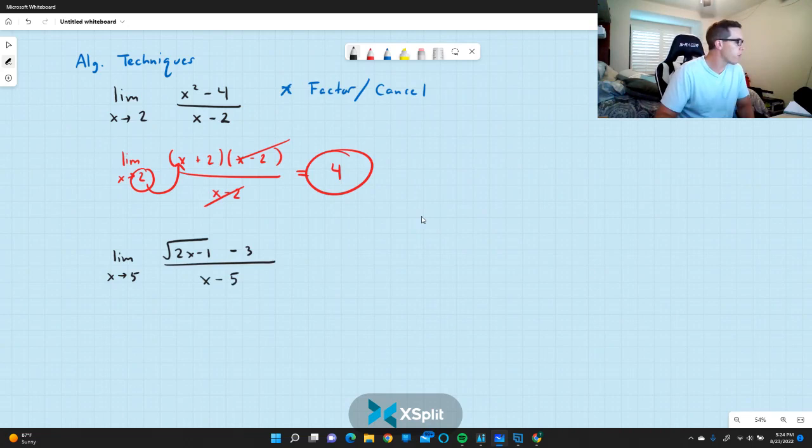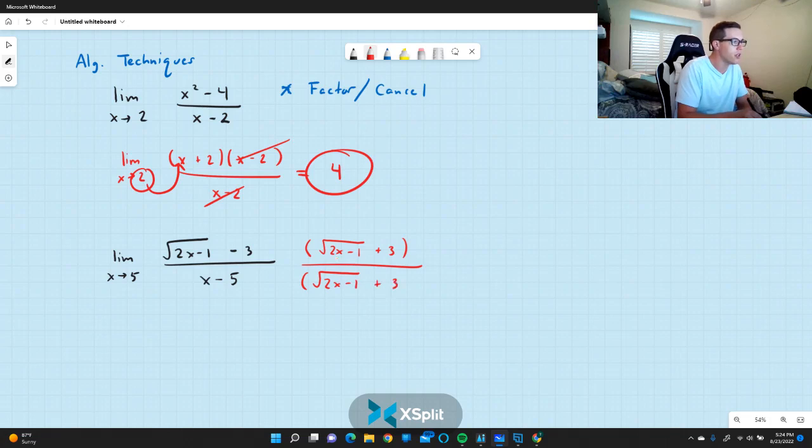Here's another one where we can use an algebraic technique. It's called multiplying by the conjugate. So that's the trick where if you see a radical, first you could try plugging in 5, you're going to get 0 over 0, which means you can try a strategy of multiplying by the conjugate. 2x minus 1 plus 3 all over square root of 2x minus 1 plus 3. Remember, if we have a fraction, we can multiply the numerator and denominator by the same thing because it's like we're multiplying by 1. I go into this detail a lot more in the other videos, but just quickly remember